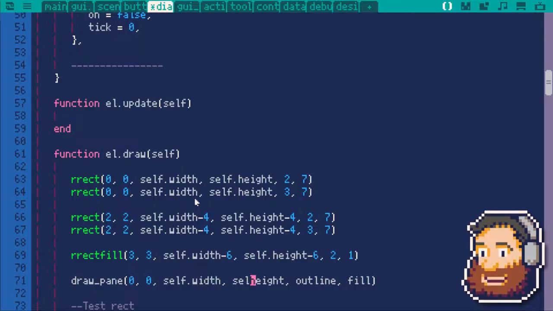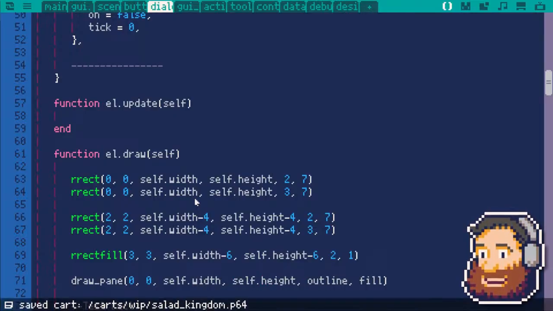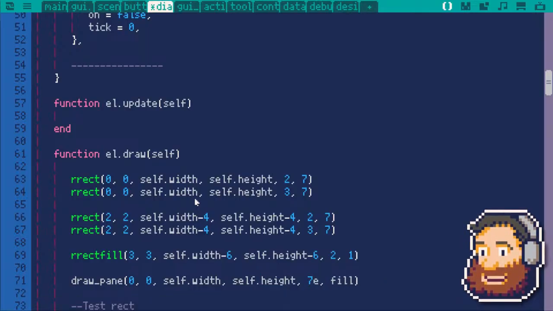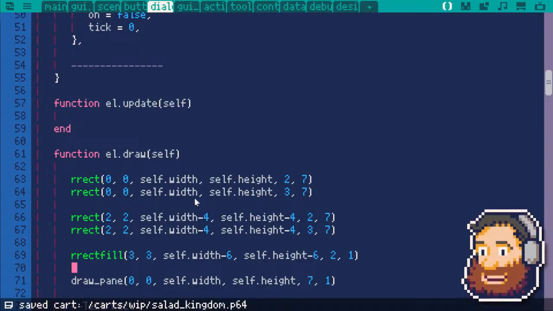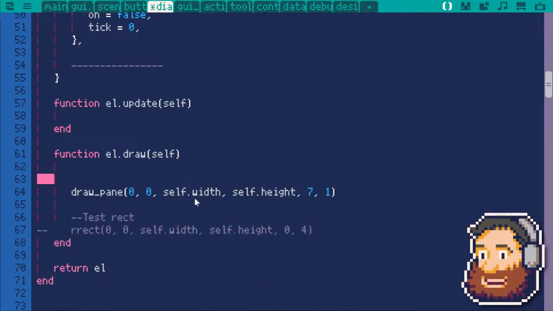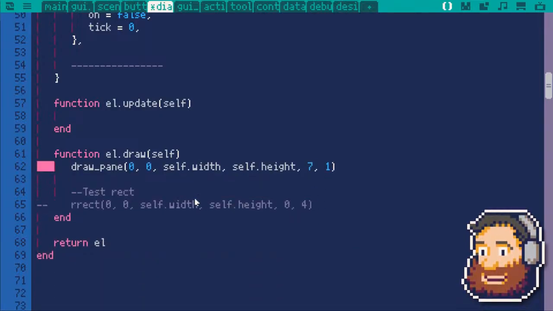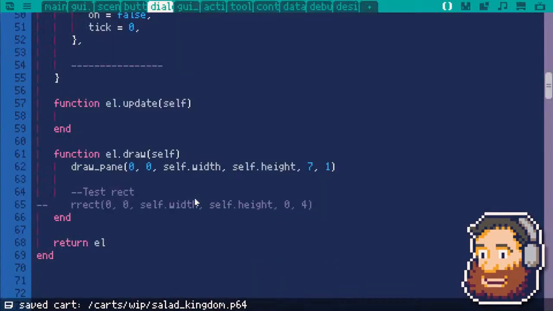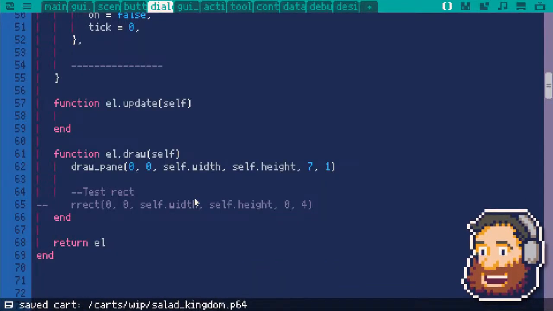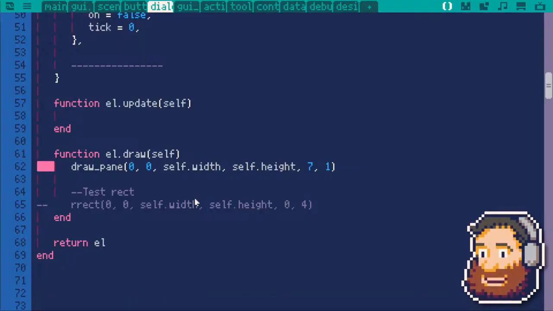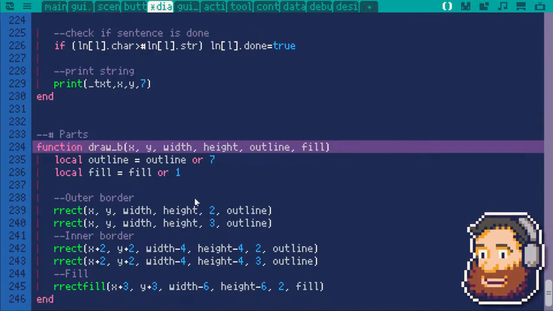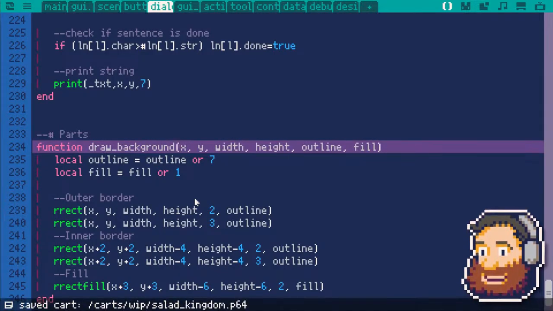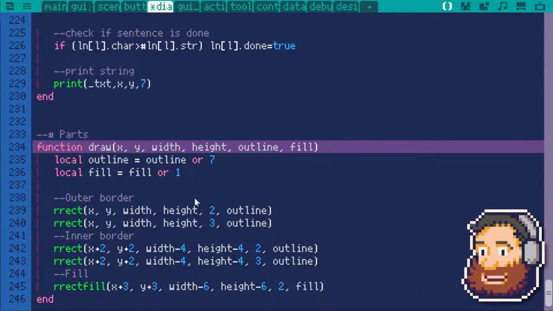Self width, with 7 and 1. Nice. All right. You know what? I'm just gonna make this single use for now. Draw